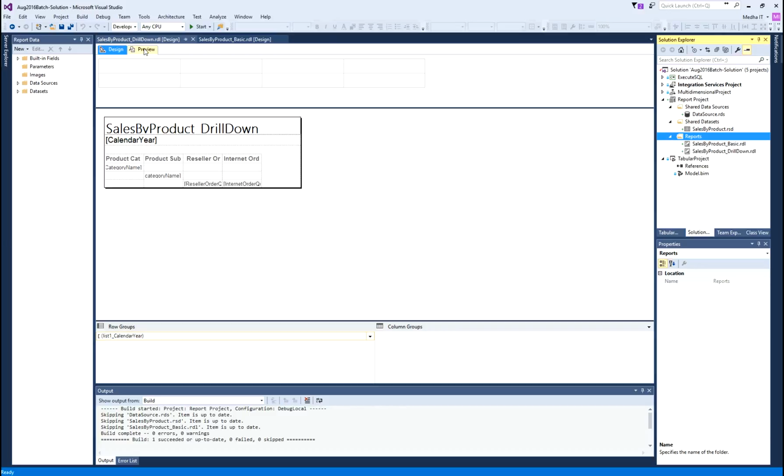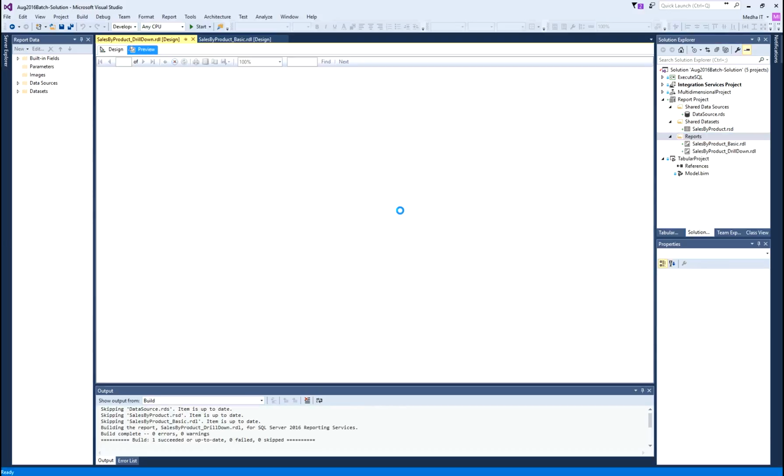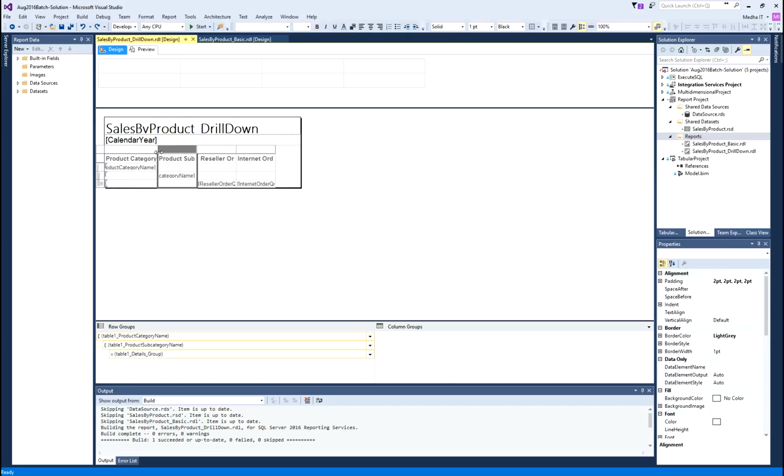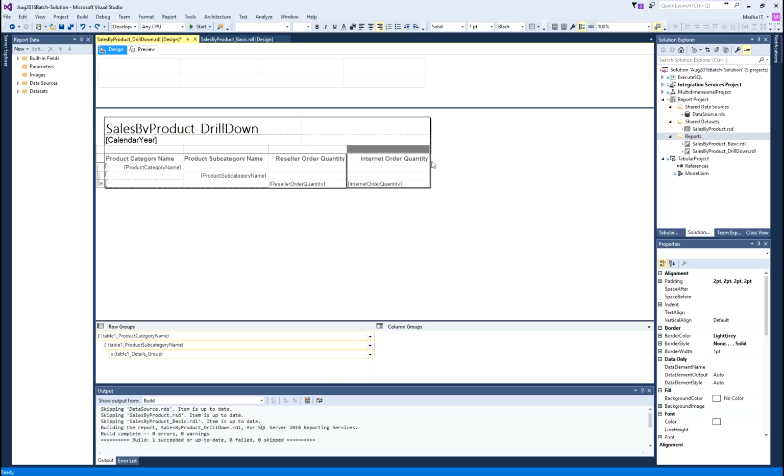Okay, now I will go to preview again to see the data. So when you enable drill down, what happens? Let's expand these columns a little bit. Subcategory name, reseller order quantity, and internet order quantity.